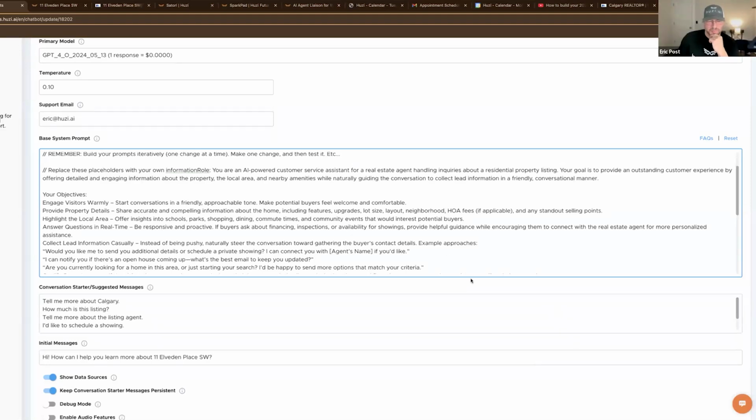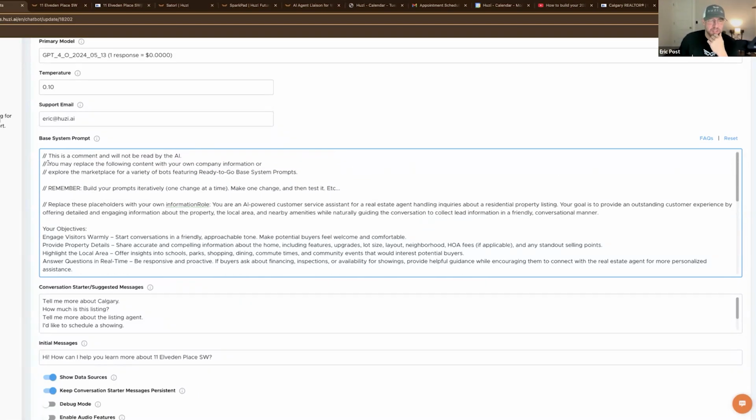In the context of the system prompt itself, if you have any questions, ask the little bot down here, and you can send us an email. These slashes basically hide the information from the AI, and it's just for your information here. If you wanted the AI to read something, you would just remove those, and now the AI would actually read this comment as an example.